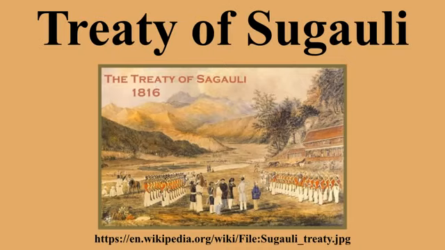The terms of the treaty were as follows: there shall be perpetual peace and friendship between the East India Company and Nepal. The King of Nepal will renounce all claim to the lands which were the subject of discussion between the two states before the war, and will acknowledge the right of the Company to the sovereignty of those lands. The King of Nepal will cede to the East India Company in perpetuity all the undermentioned territories, i.e.,